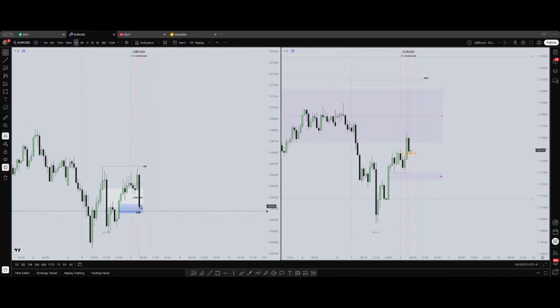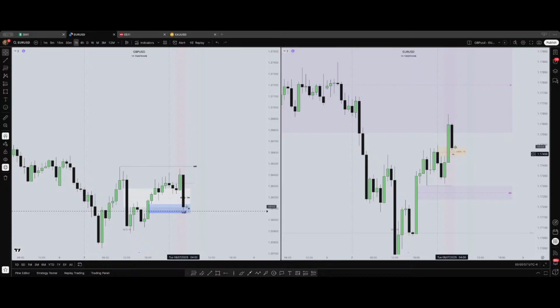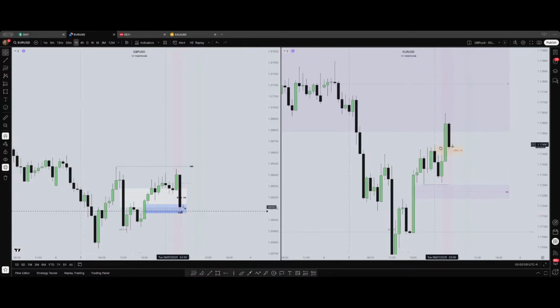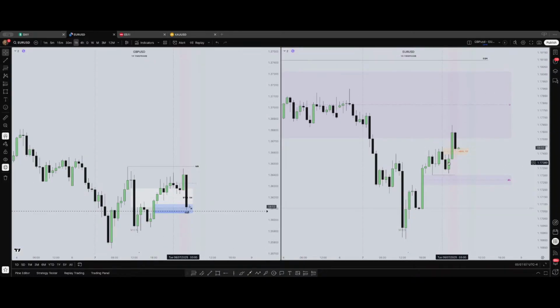The thing is, for me this is a very strong displacement to the upside in this candle, which broke structure here. But yeah, that's why I'm a bit cautious now. We have a displacement to the upside here, no? And price broke structure here and made a market structure shift here.